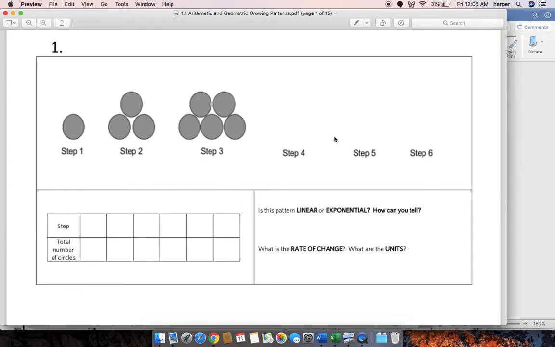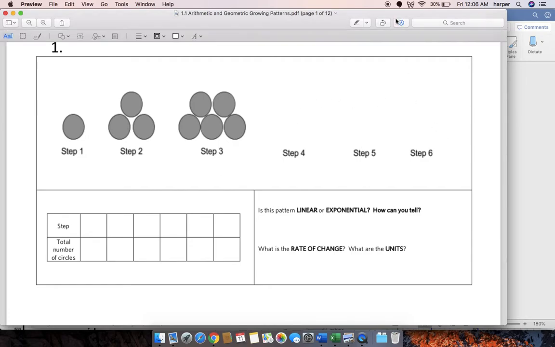So fill it in. Pause the video, give them a couple minutes to fill in step 4, and obviously step 5, step 6. So for me, step 4 would have, I'm going to try to draw it nice. Step 4 would have,